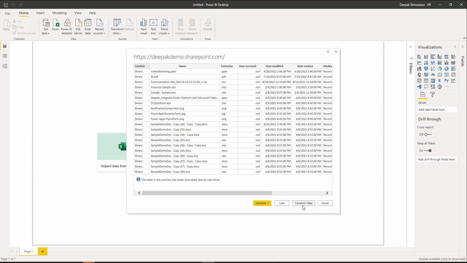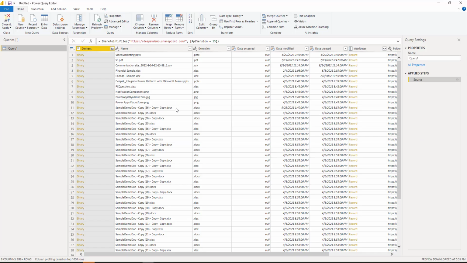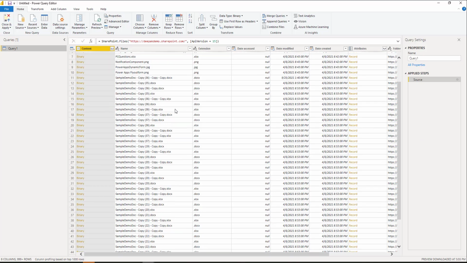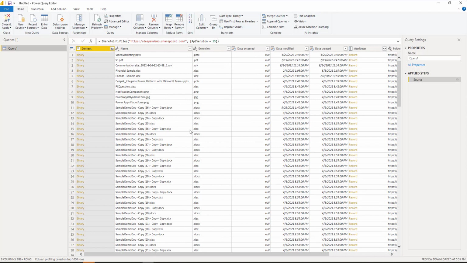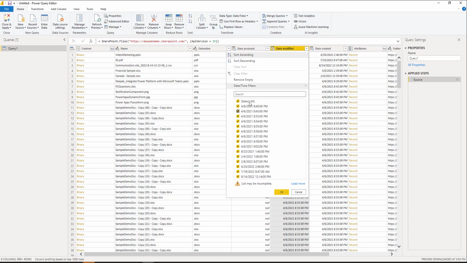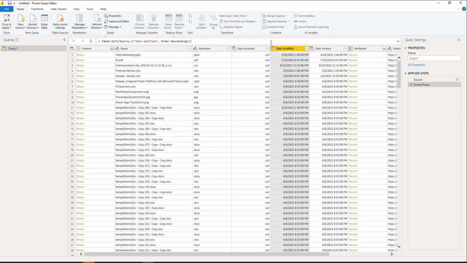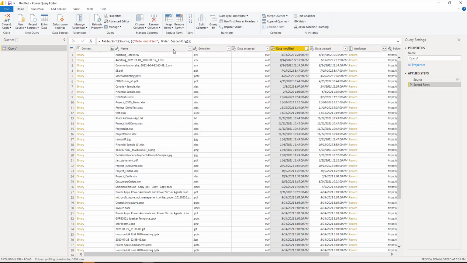So what you need to do is click on Transform Data. Once you click on Transform Data, this is going to list every file that you have in the SharePoint site that you have just provided. You need to look for the file that we have just uploaded. The easiest way for me to find it is to sort by date modified descending, so it puts my newest file on top. You can also filter on the file name and other things. Here you go, this was our file,